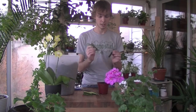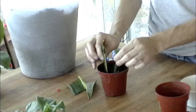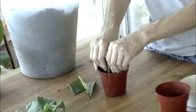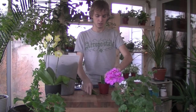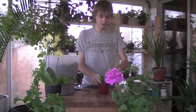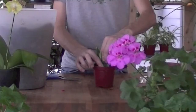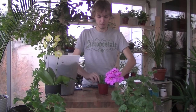And then all you need to do is take these pieces and push them into the dirt. Push them in about halfway of the length of the leaf that you've cut off. Make sure they're good and tight. One thing you really need to make sure of when you're doing this is that there's not very much space in between the actual plant and the dirt itself. It has to be very tight. If there's too much air in between the leaf and the dirt, then the plant won't propagate. So now we've done that,